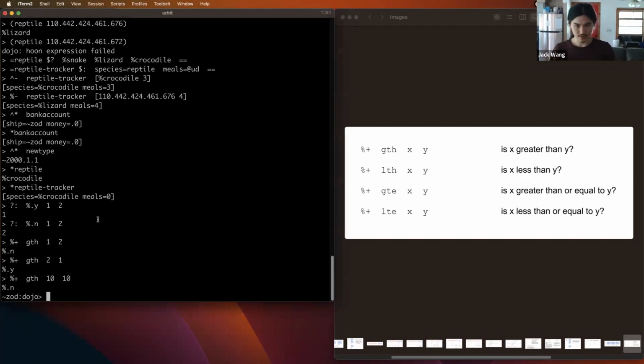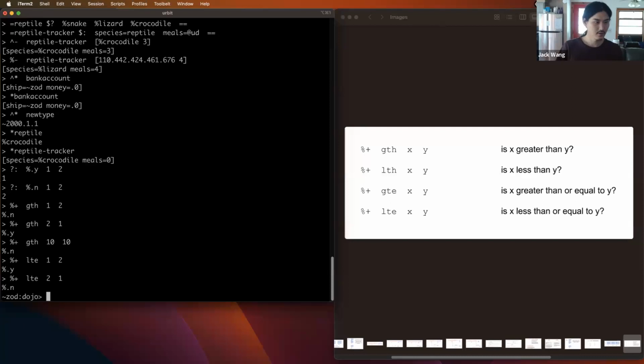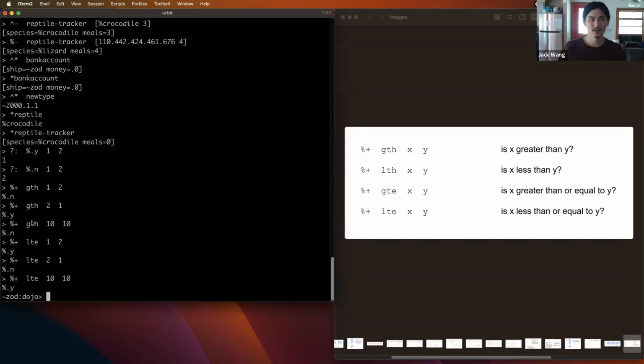Is 1 less than or equal to 2? Yes, 1 is less than or equal to 2. Is 2 less than or equal to 1? Nope. And is 10 less than or equal to 10? Yes, it is. So any questions on these? All right, so going back to our wut runes, since we have these and they return %.y or %.n, we